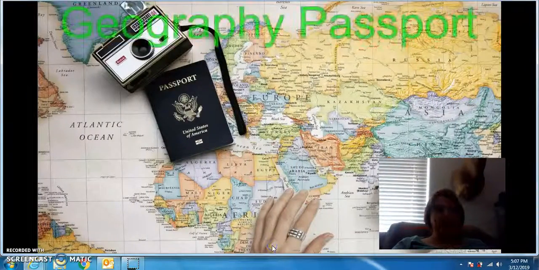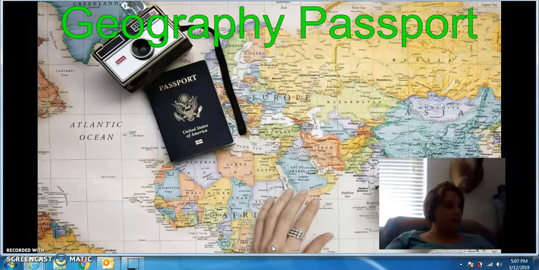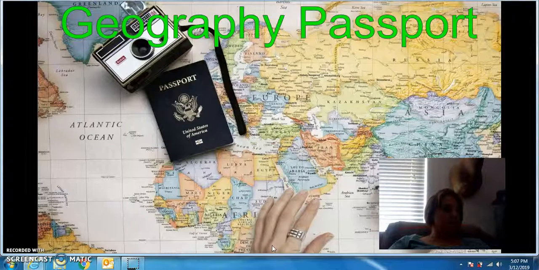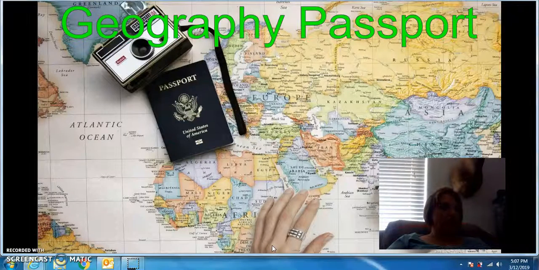The next activity will be geography passports. The supplies we'll need for this is handmade passports with pages from each station and a compass rose stamp. As the families arrive to eat dinner, each will be given a geography passport which will list all the centers they can visit. When they complete an activity at the center, they will be given a geo sticker to place on their passport.